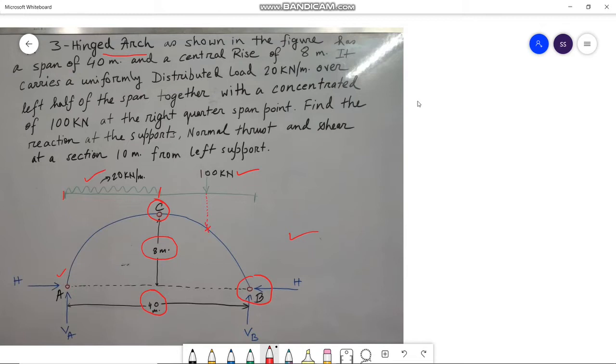So in this problem, we have to find out the reaction at the supports. That means we have to calculate VA and VB